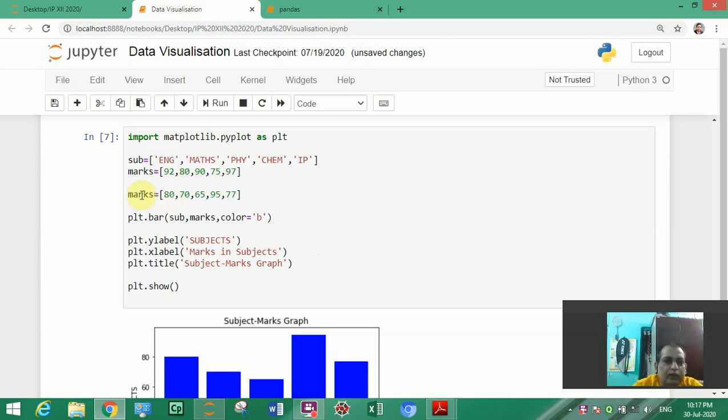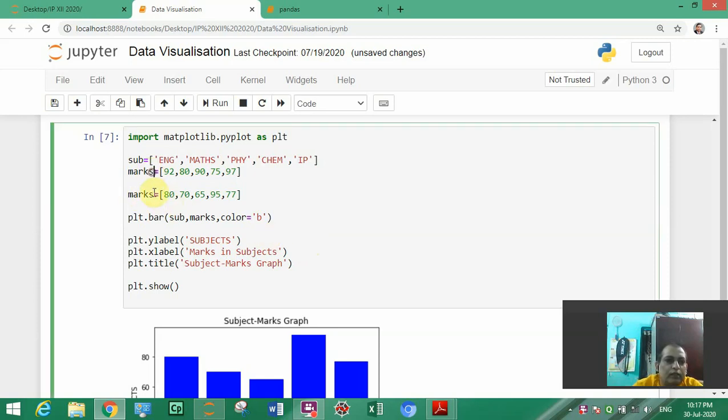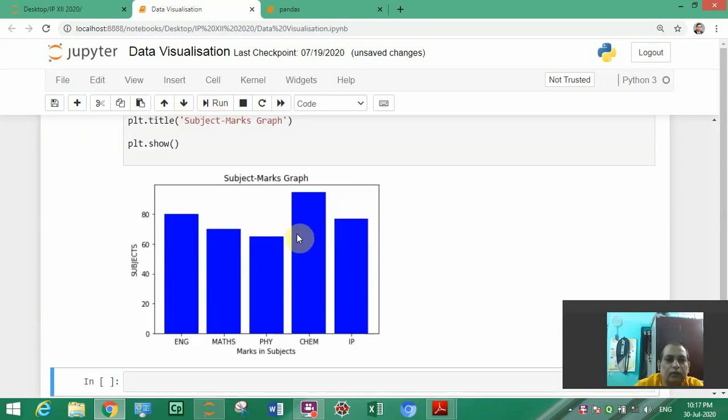So it is taking the second one. I'll change this, suppose this is marks of Madan, and this is marks of Rohan. So if we run, then what is coming?